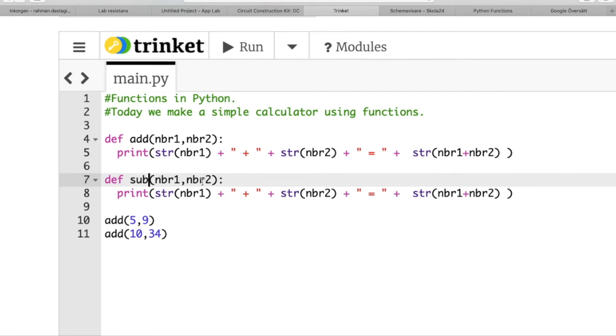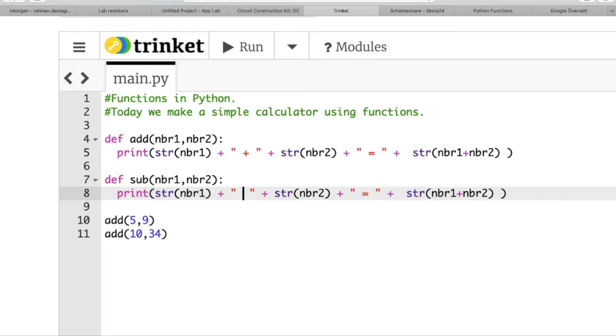So I subtract number 2 from number 1. Let's see here what we change. We change the plus sign to minus here, and this addition to subtraction. Okay, so now we have another function which is called sub with 2 parameters, number 1